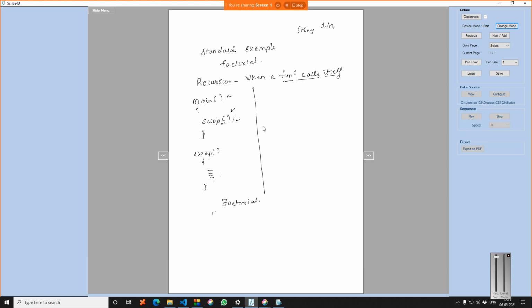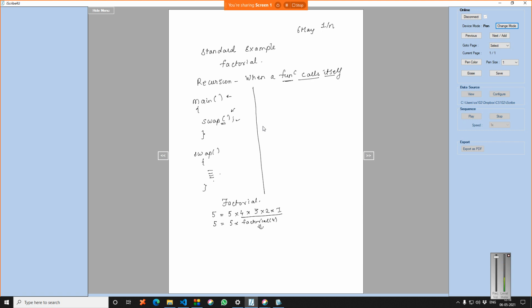So let's say factorial of 5 is equal to 5 into 4 into 3 into 2 into 1, right? This is the factorial of 5. You can also write 1 into 2 into 3 into 4 into 5. It's the same thing. Now factorial of 5 is equal to 5 into factorial of 4.